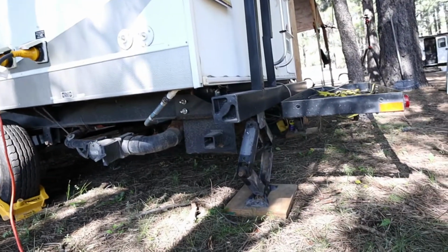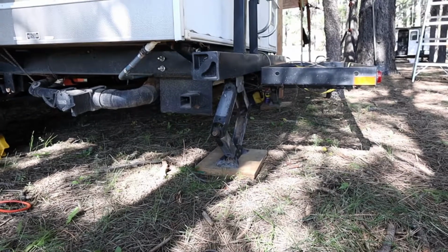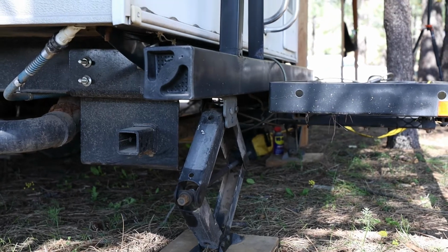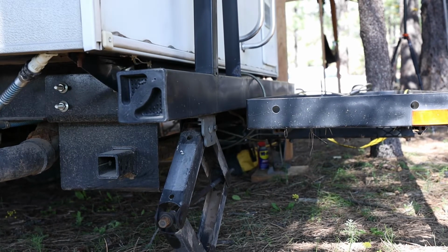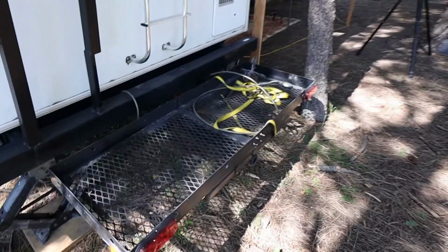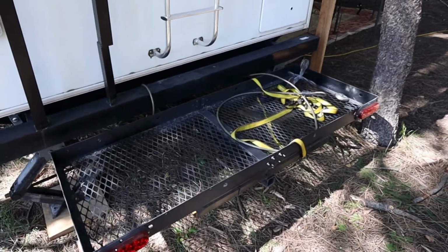I did have to find different places to put the scissor jacks. They were on the bottom side of the hitch. I was able to make a bracket for them to locate them more on the bottom side of the bumper and the frame to get more clearance back, because I lost clearance having them on the bottom side of the hitch. And then I have a rack back here, and I would say it's not permanently attached, but I don't